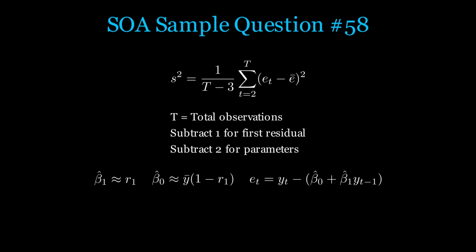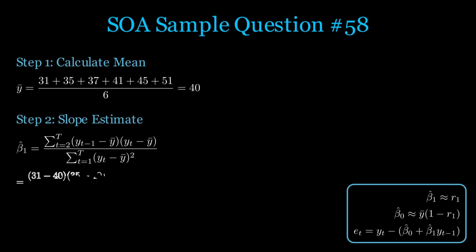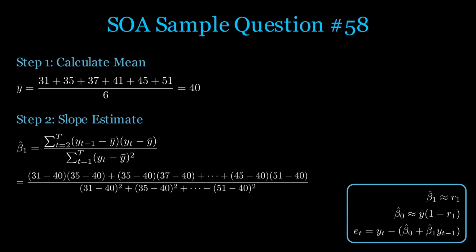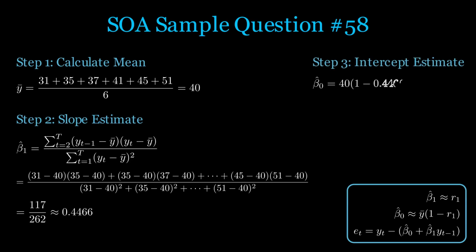Okay, let's go through the calculations step by step. Time to whip out the calculator. First, we calculate the mean. After summing the values and dividing by the number of observations, we get 40. Next, we calculate the autocorrelation coefficient. This is one of those awesome formulas where we get to use the entire column of operators on our calculator. So using our trusty calculator, and boom, 0.4466. Next, we plug the mean and slope estimate into the beta 0 hat formula, resulting in beta 0 hat being